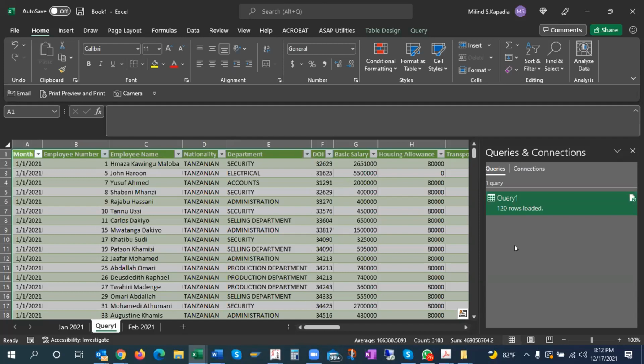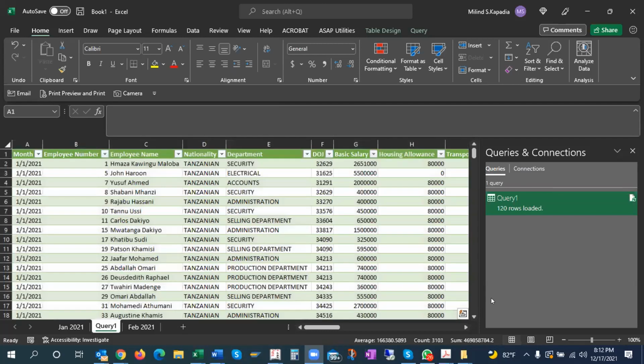Now, if we take query one data into a different workbook, then this problem will be sorted out, because the data will be taken from one workbook and the result will come in a different workbook. Will that be sorted out if we do like that? Yes, it will be. Okay. And what exactly have you done so that these were not repeated?